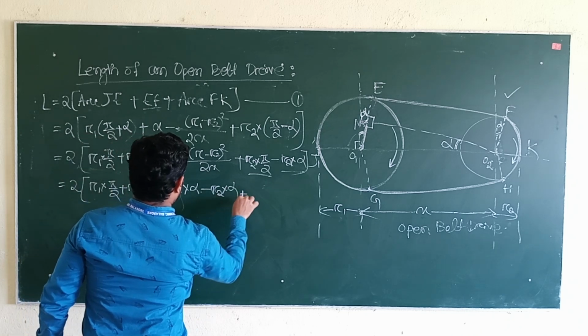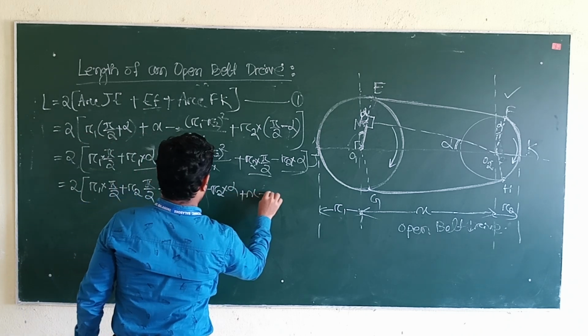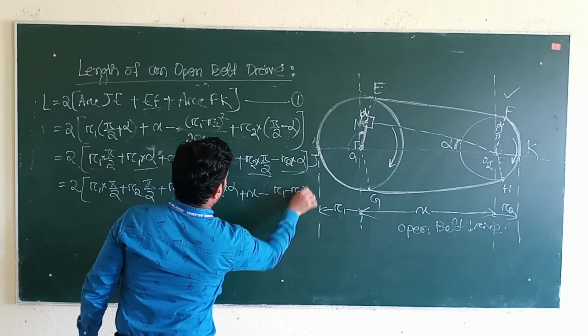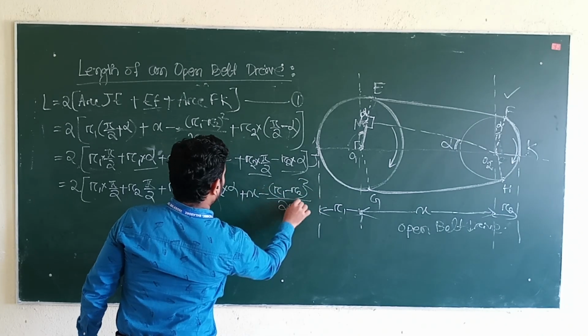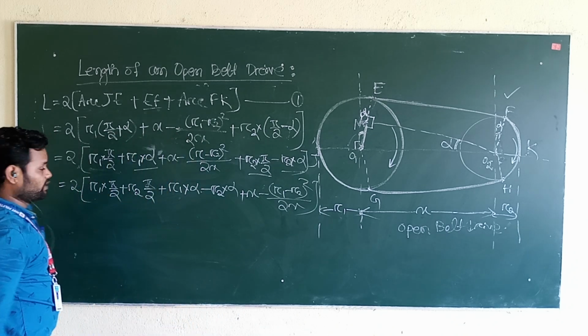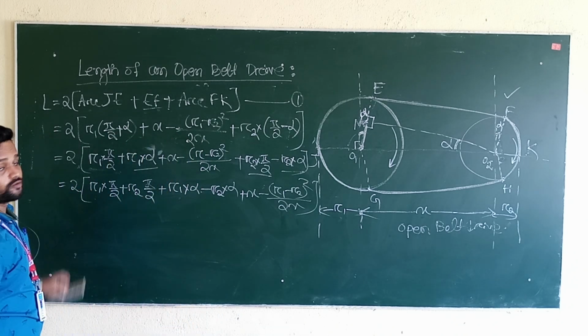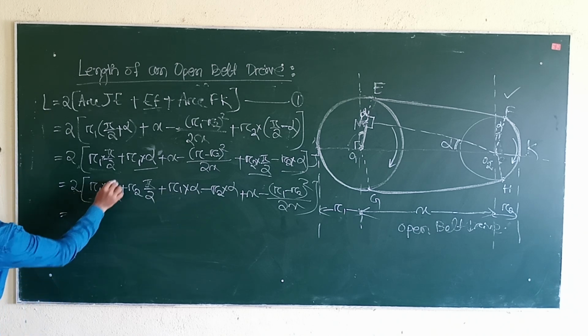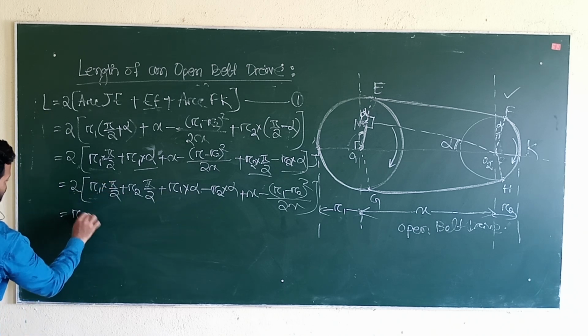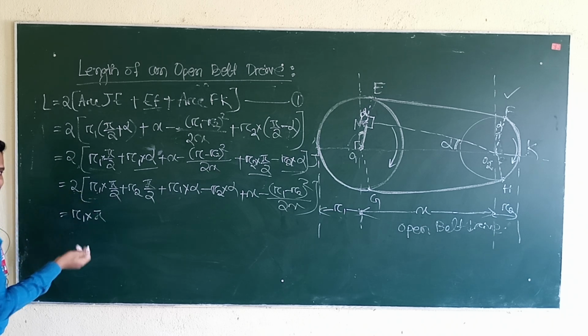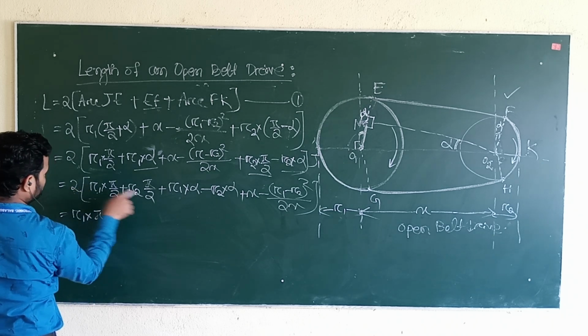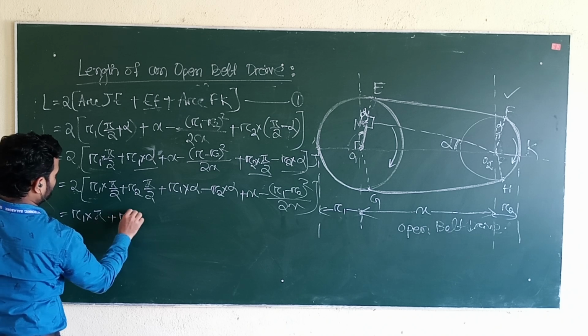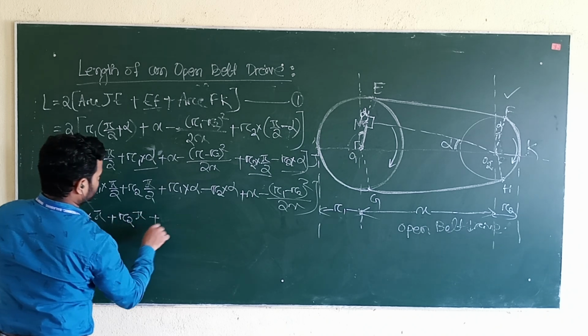Next is here x minus R1 minus R2 square by... Okay. Now make multiplication of 2. 2 multiply with each term. What will happen? 2 into R1 into pi by 2. What is R1 into pi? These two cancel out, plus these two also cancel out. So what is it? R2 into pi plus